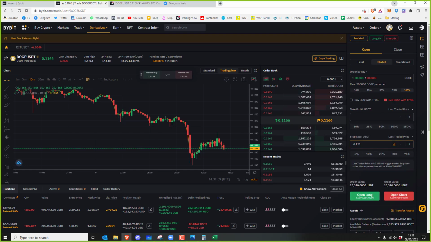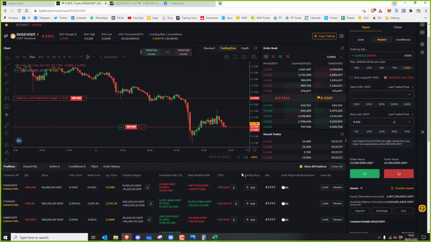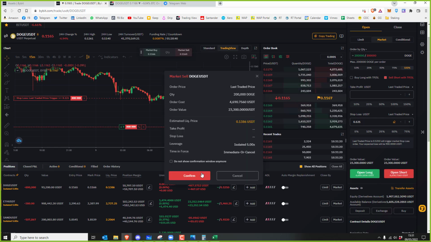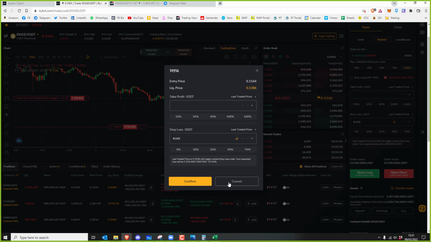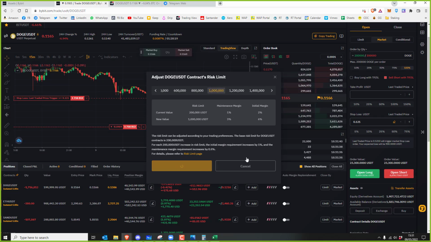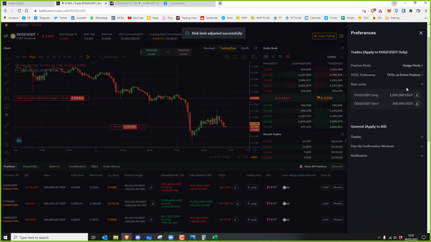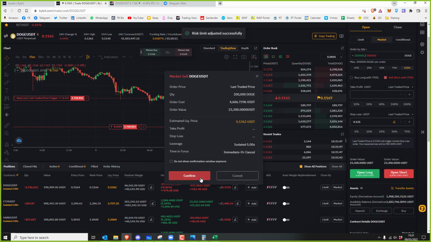Oh, okay. This is where I'm going to have to click open short about 13 times now. 1, 2, 3, 4, 5, 6, 7, 8, 9. One second. Adjust the risk limit. Sorry, whack this up to 1 million. I thought I'd already done it on this. I knew I didn't exceed the million. It was nowhere near. Let's keep on shorting.